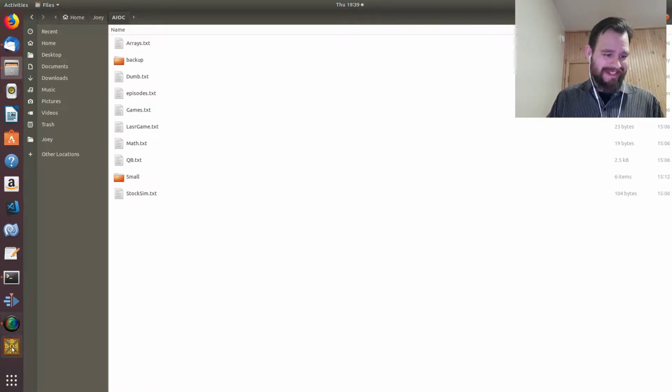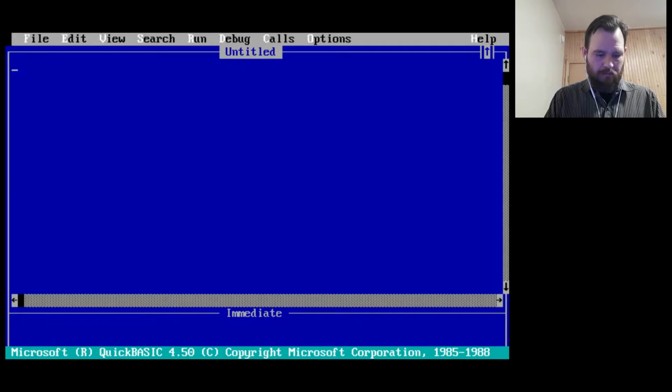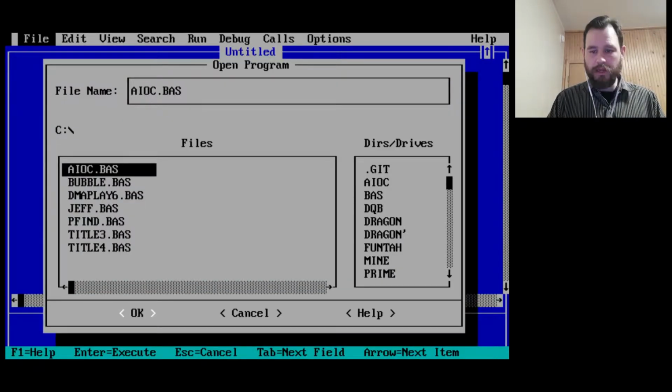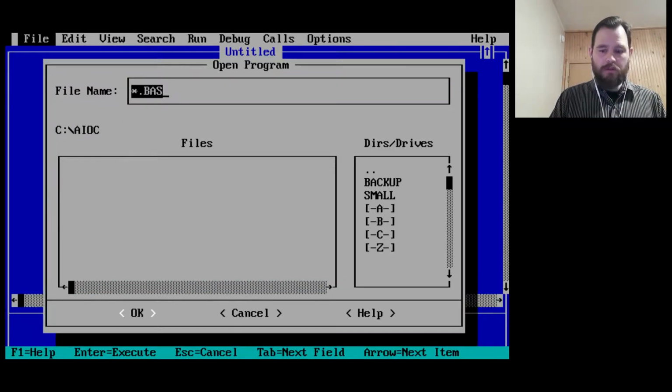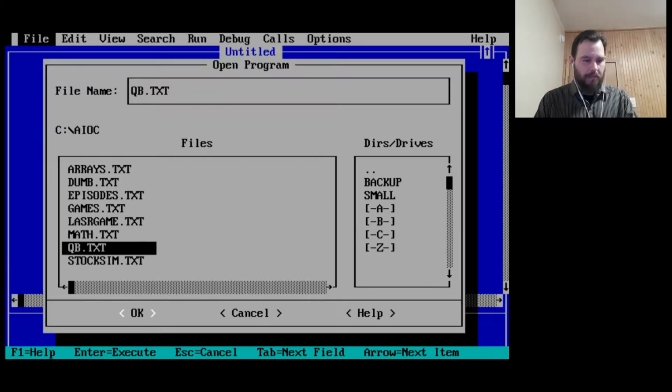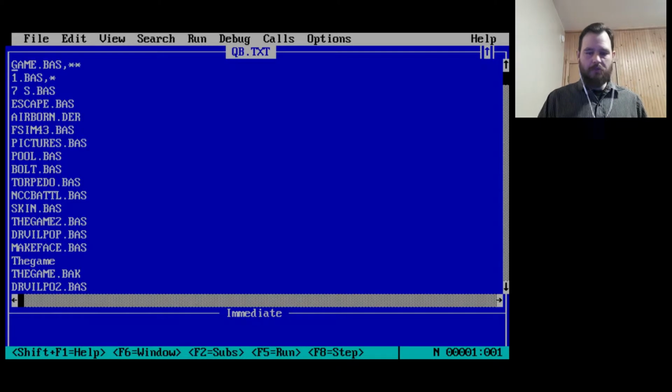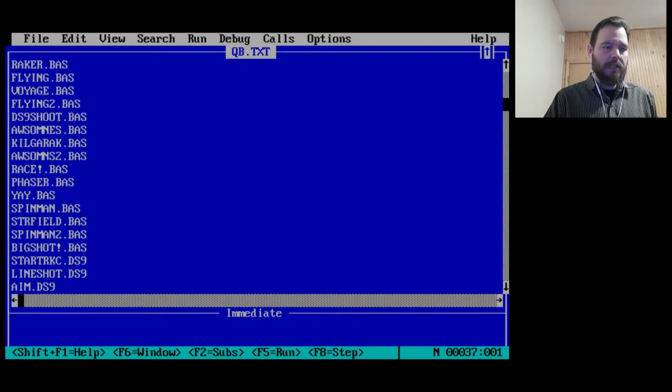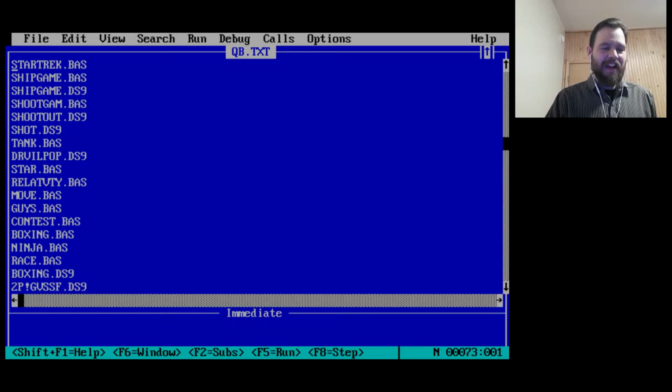Actually, let's open this up in QBasic, so we can actually run QBasic because that's fun. So if you recall, I had all these files and I keep track of them all. The biggest one was QB, and this holds all of the programs in that directory.